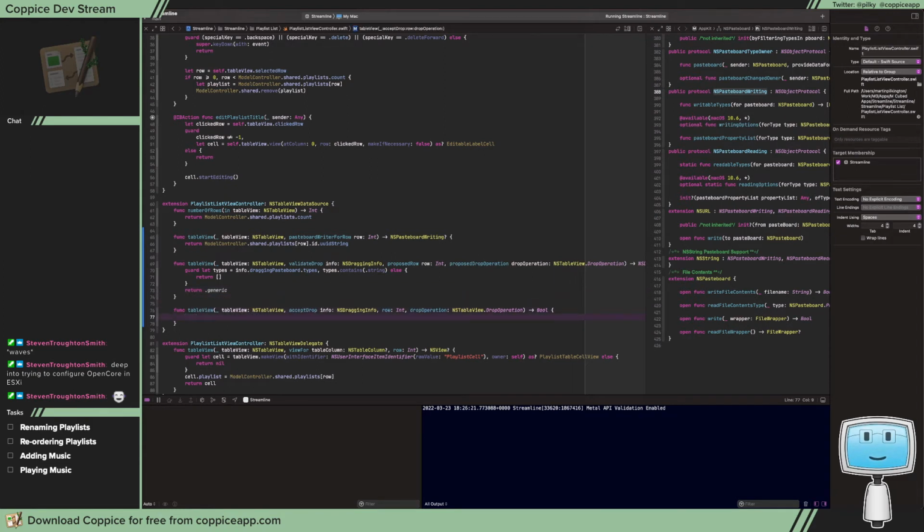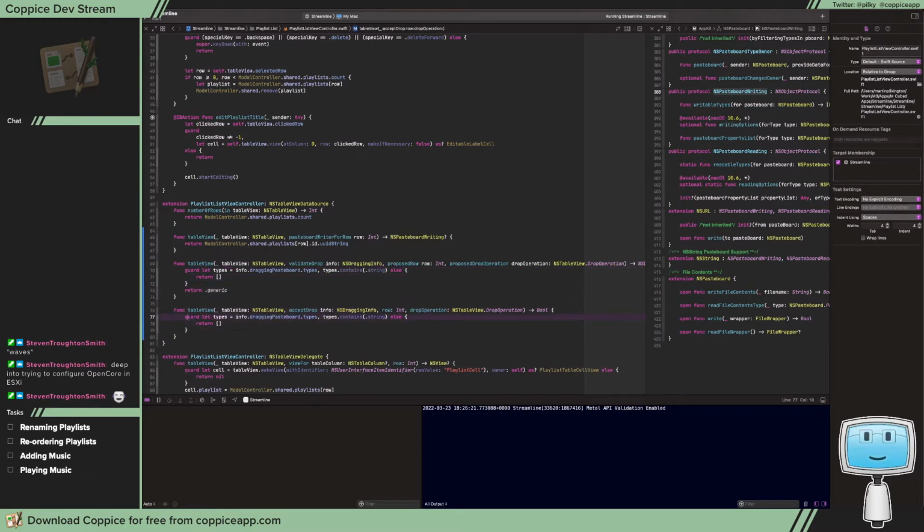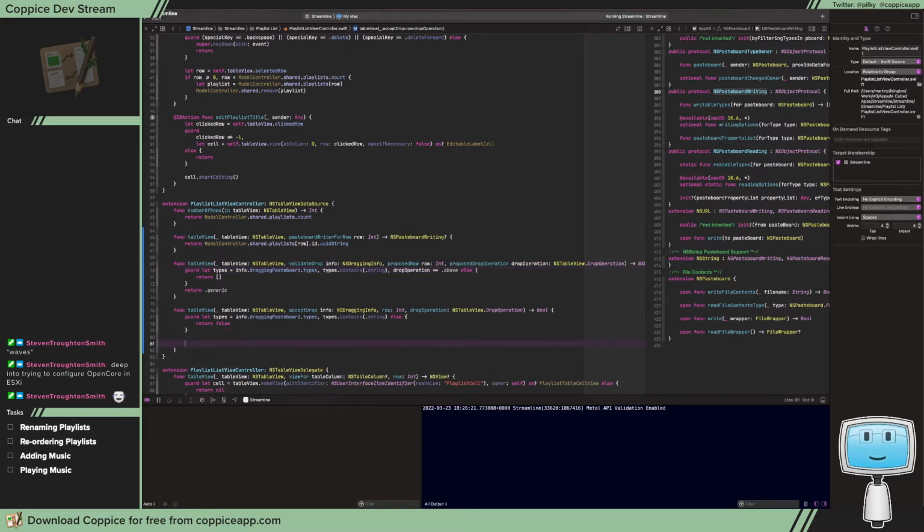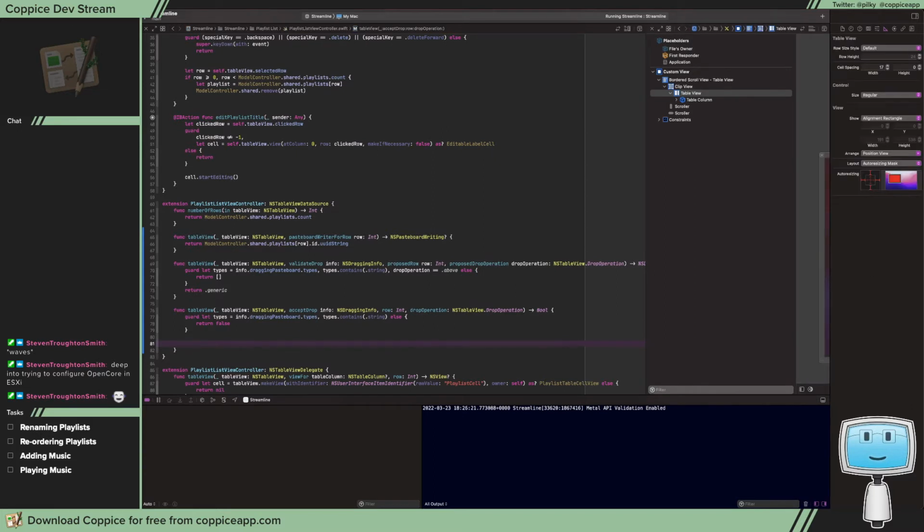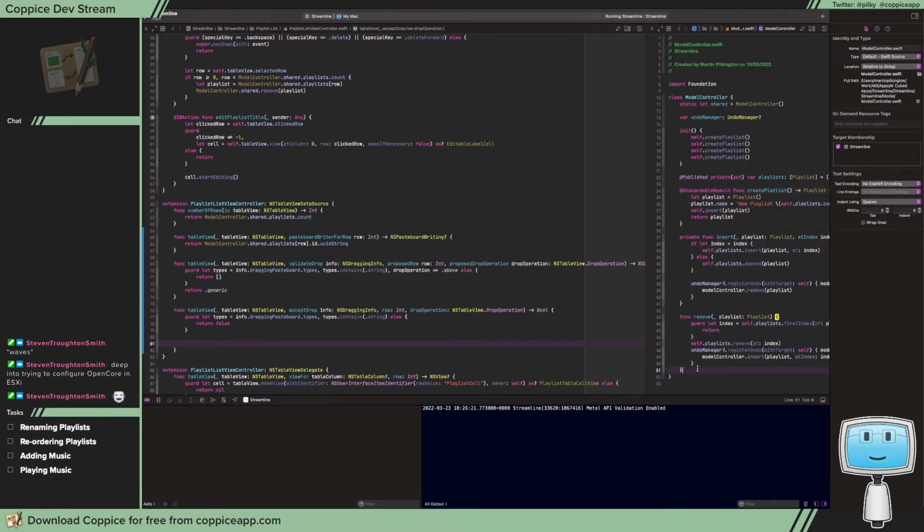And then what we're going to do here is we need to do the same thing. Always best to double check. So here we return false. Oh, actually, drop operation equals above. What I will just do here, move